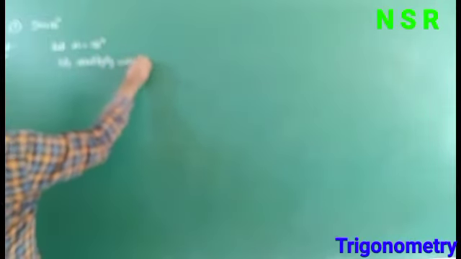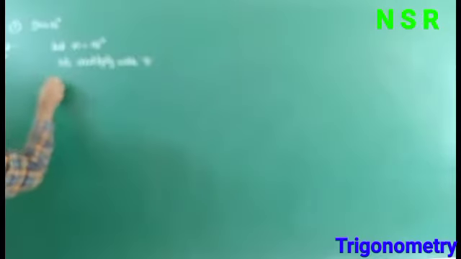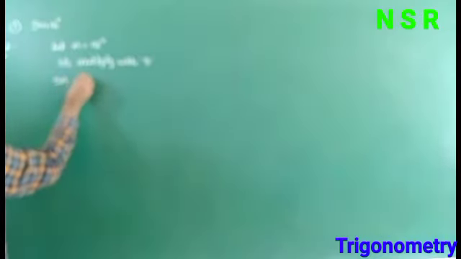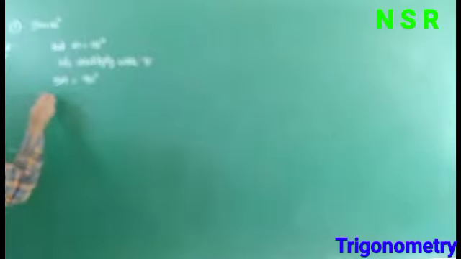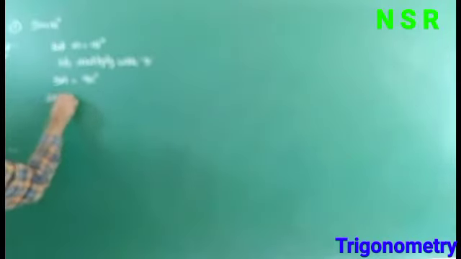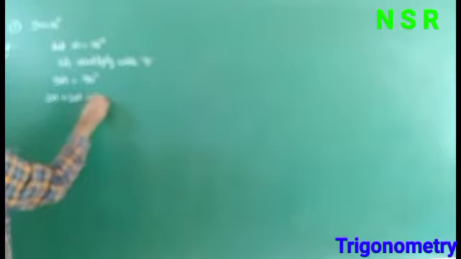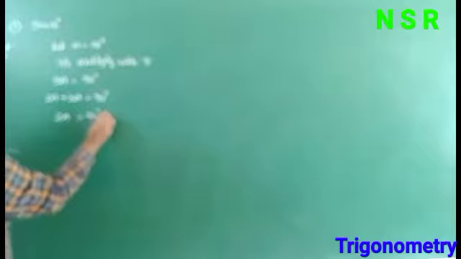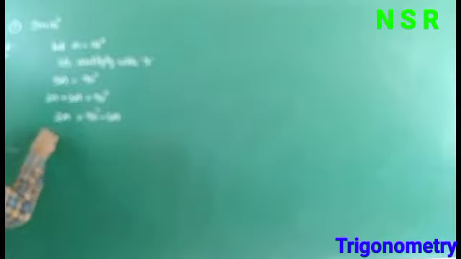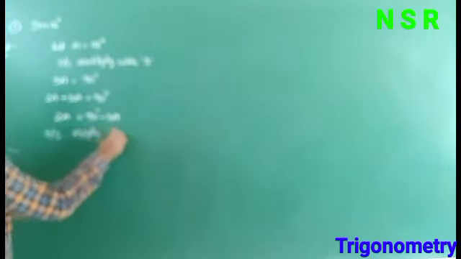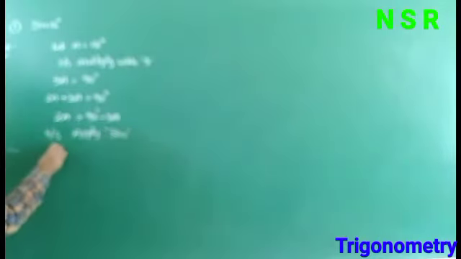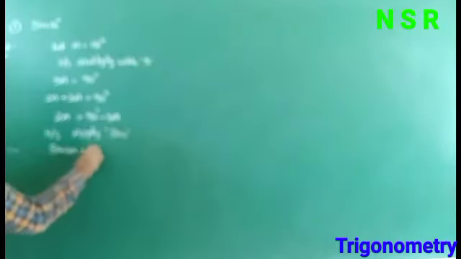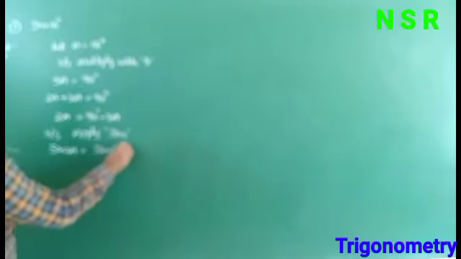So we get 5A equal to 5 into 18, which is 90 degrees. We can write 5A as 2A plus 3A equal to 90 degrees. Now 2A equals 90 minus 3A. To find sin 18, apply sin on both sides. So we get sin 2A is equal to sin of (90 minus 3A).